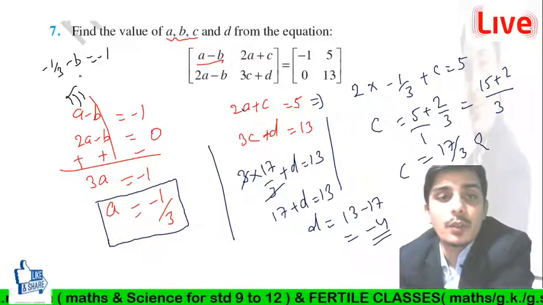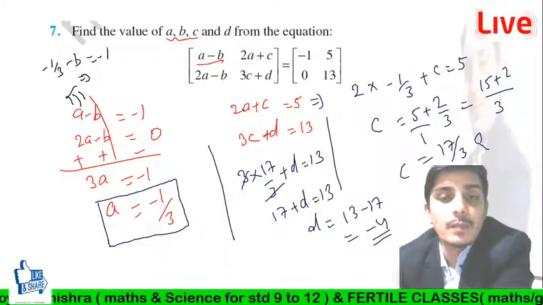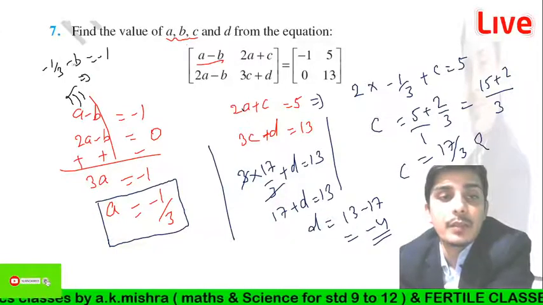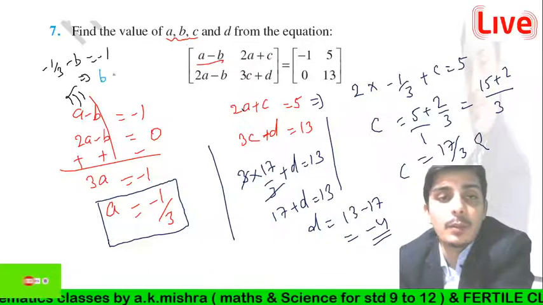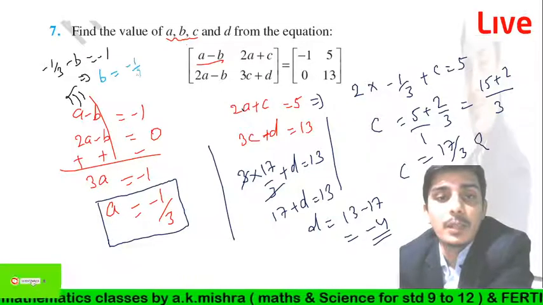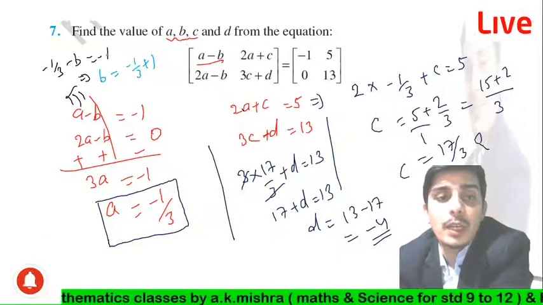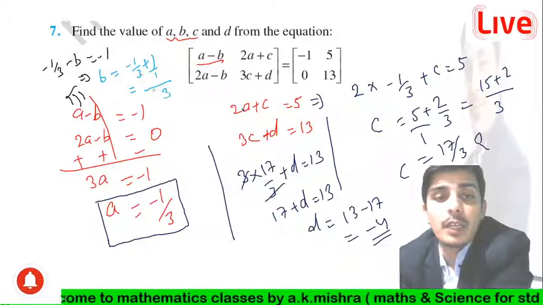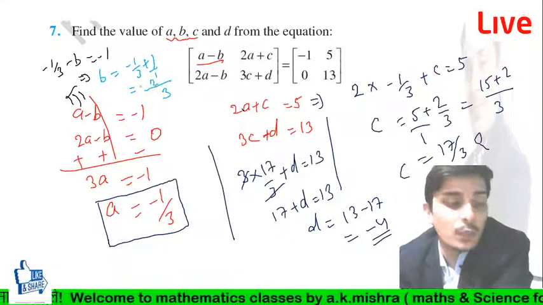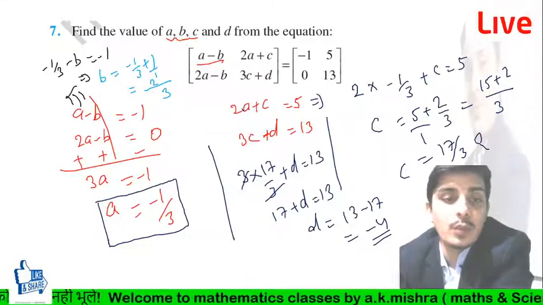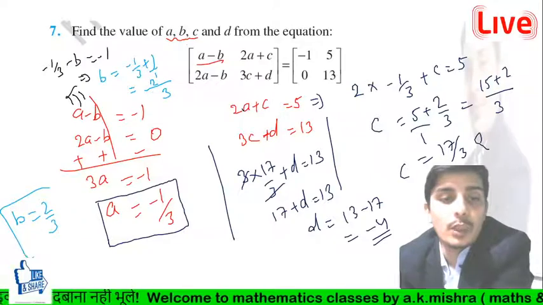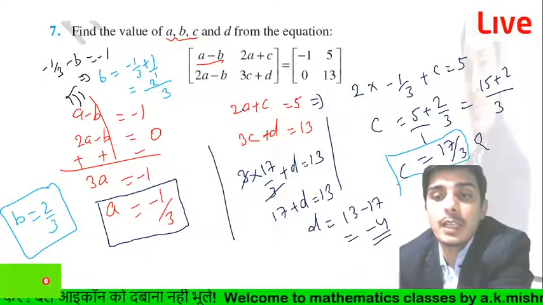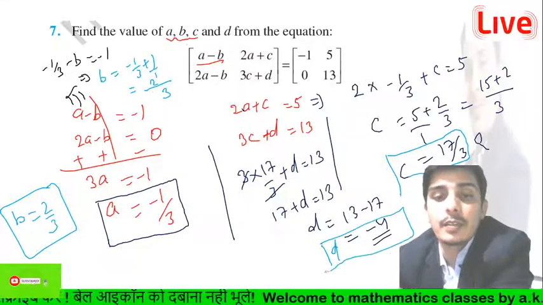Okay, so we can write here, when we send the minus 1 by 3 and minus b to this side, it will become plus b, and minus 1 by 3 plus 1, because I am going to send the minus 1 to this side. So after taking the LCM it will be 3 and minus 1 plus 3, so it will be 2 by 3. So we can write here b is equal to 2 by 3. So b is equal to 2 by 3, a is equal to minus 1 by 3, c is equal to 17 by 3 and d is equal to minus 4, right. So it will be the correct answer for this question, right.